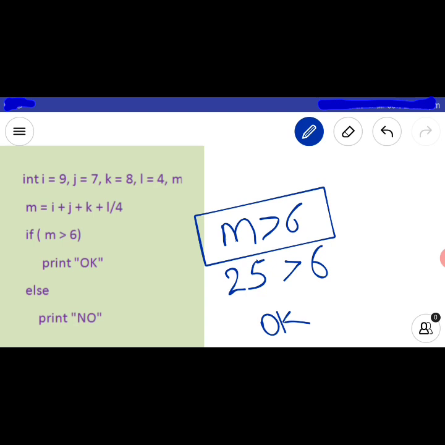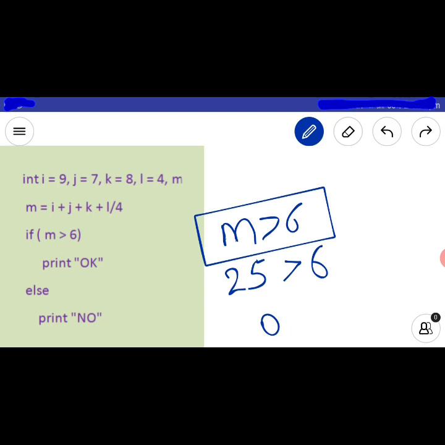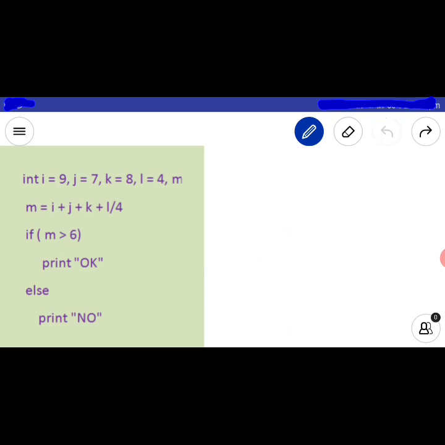So let's check whether the condition is true or not. Is 25 greater than 6? The condition is true. So this time we will print OK, right? We will not move towards the else part, this part, no. So the output of the pseudocode is OK. It will print OK, right?